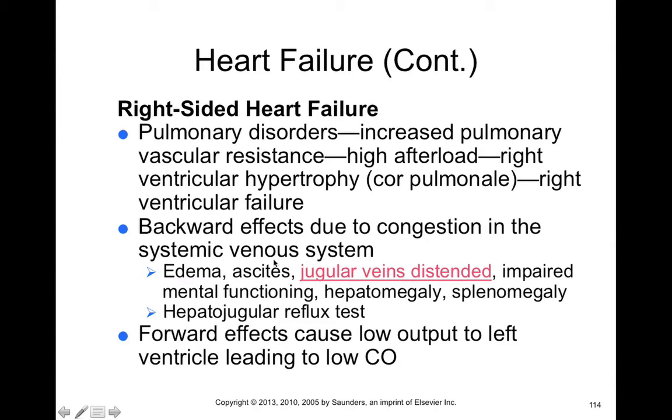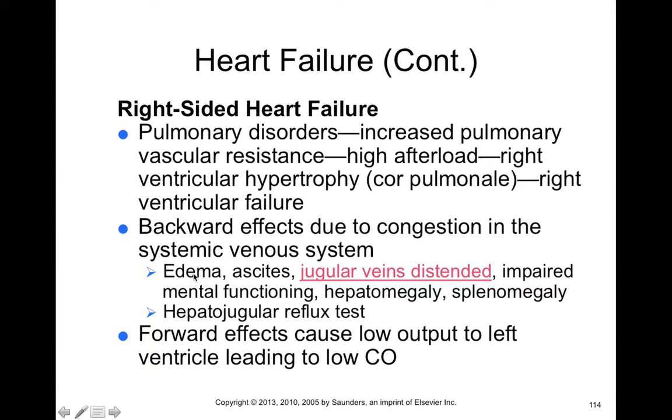Now, some of the backwards effects of right-sided heart failure would be things like congestion in the systemic venous system, because we know the right side of the heart receives blood from your systemic veins, which all converge into the superior and inferior vena cava. Well, if blood's backing up into the veins beyond the superior and inferior vena cava, then what we see then is just basically systemic venous congestion, which can lead to things like jugular vein distension,